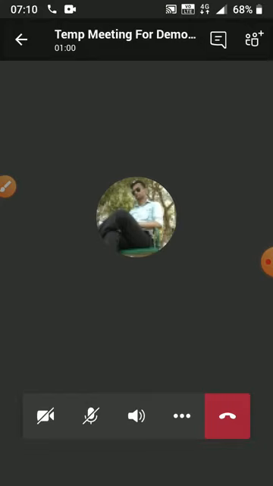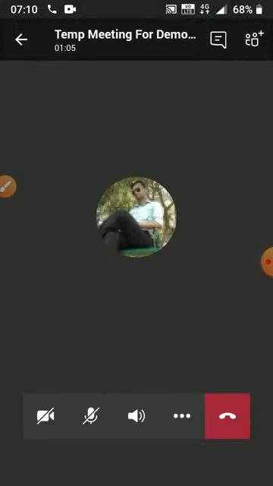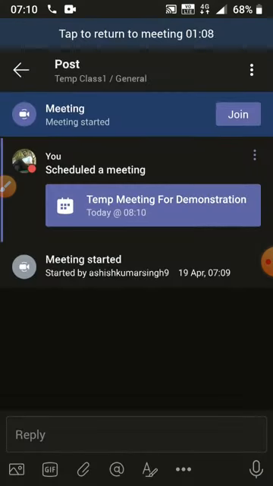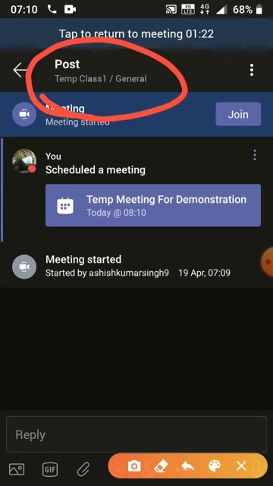Now see this chat. Just beside the add person, add member icon, the chat icon is here. As you click on the chat, you have this chat window. Whatever we discuss or post here will appear on the Temp Class 1 general channel wall, just like Facebook.